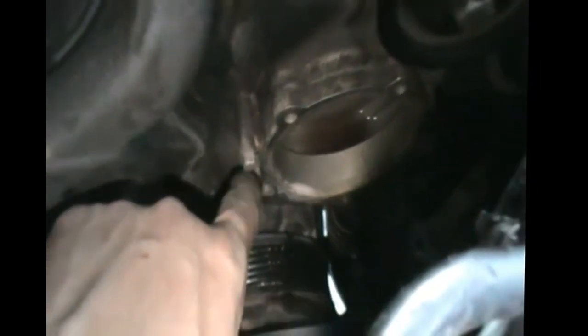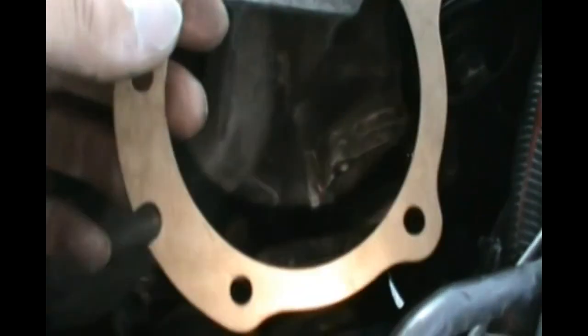Okay, so I cleaned it here. So this is all cleaned. You have to clean all around here, so then the new seal will adhere properly. Now there's a little nudge here, this one. That nudge here has to fit